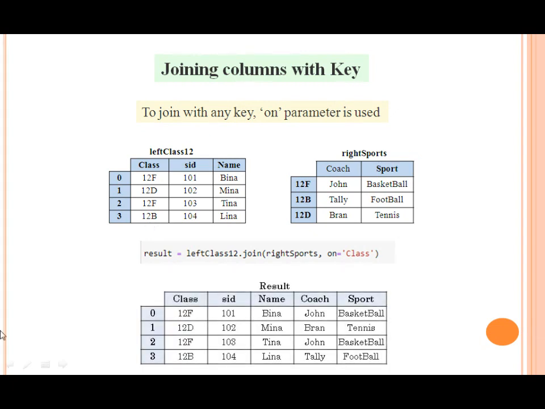So the output is like this: 12th F, 101, Veena, and 12th F is searched from right sports, John and basketball. See, in class 12 it is also present in the second record, and again 103 Tina, and John and basketball is taken from the right sports. So this is the role of the on parameter. This helps us to link both the common columns and work accordingly.